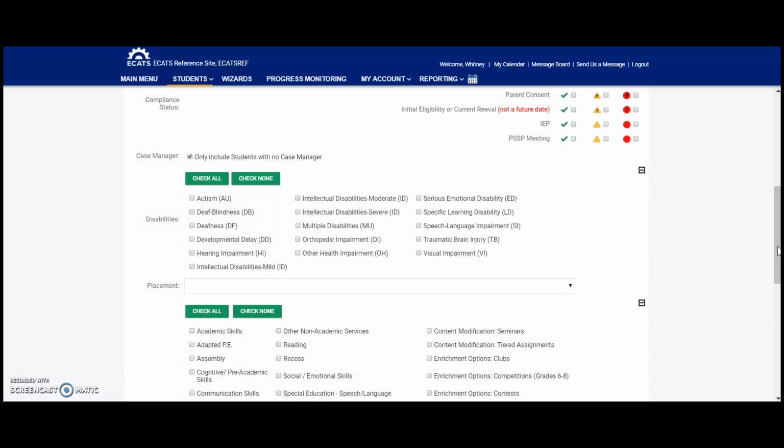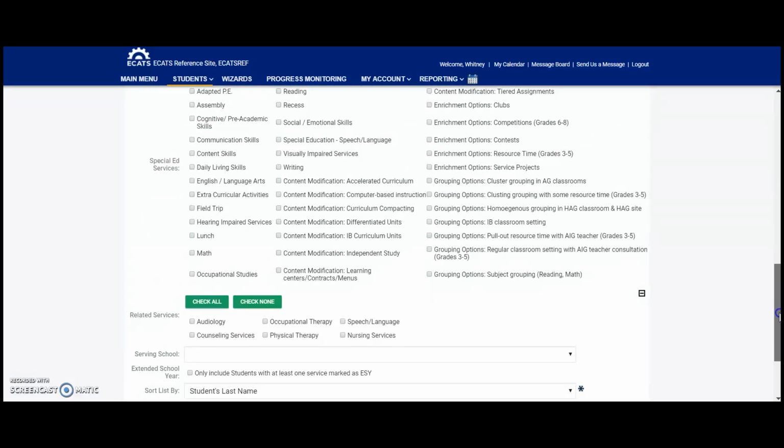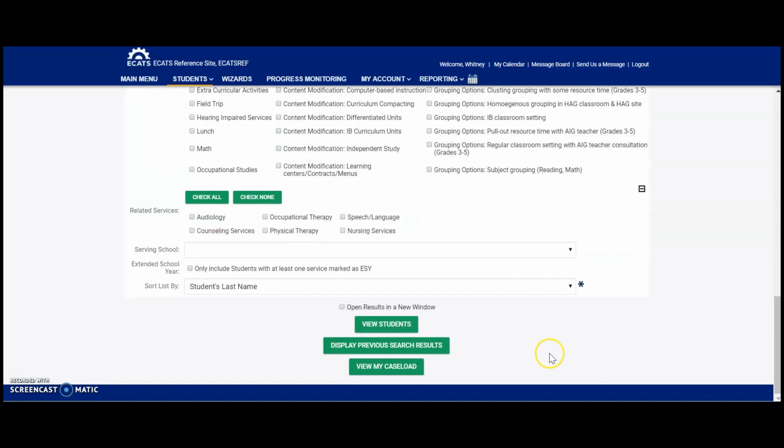You can also add to your search disabilities, placement, special education services, related services, serving school, students with a service marked as ESY, and/or logic. Within both the student search and the advanced student search, you can pull students only in certain categories